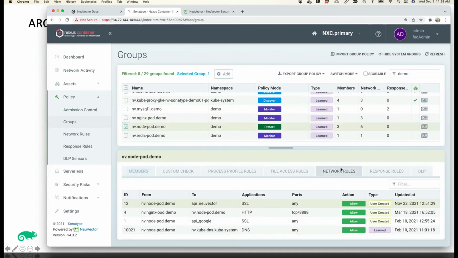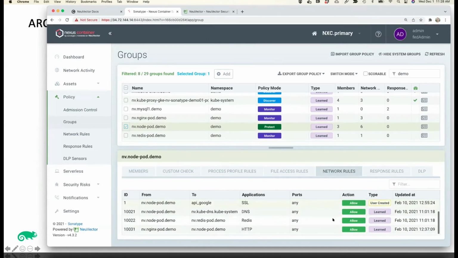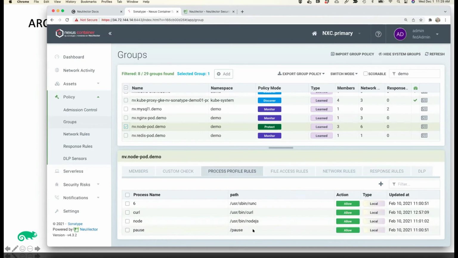And I can see the network rules that have been learned. You can see here a DNS lookup is allowed. It's allowed to connect to Redis, and Nginx can connect to this. So both the source and destination connections are listed here that NeuVector has learned. In addition, NeuVector has learned a number of processes that are allowed in this container.